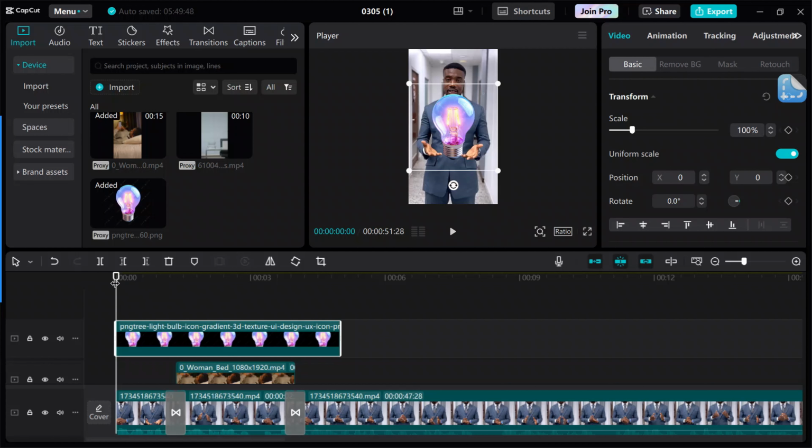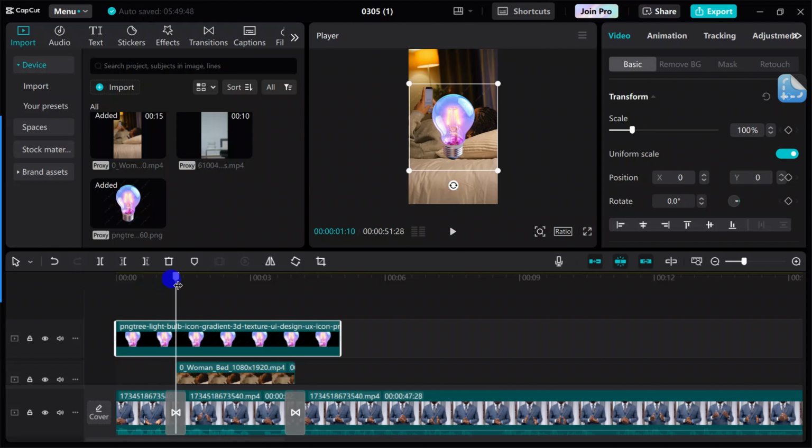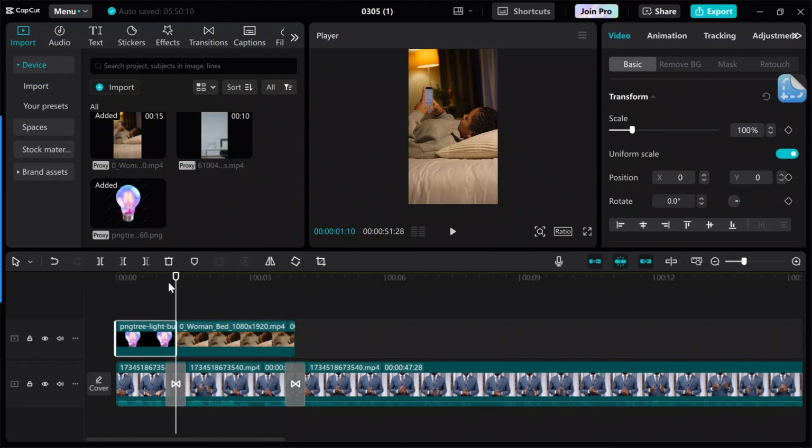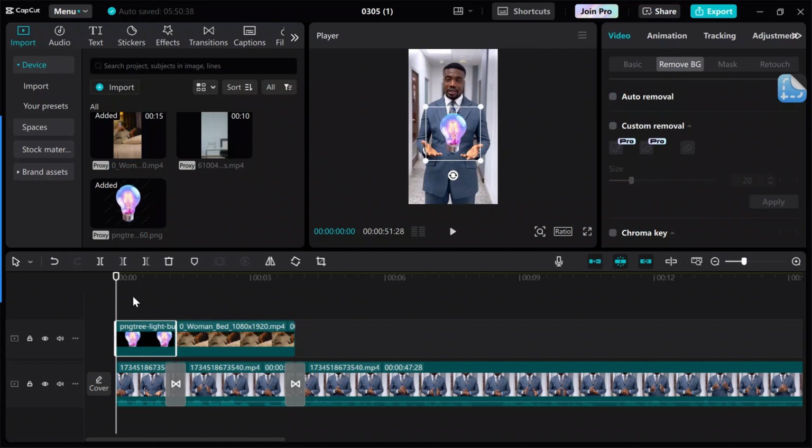To cut a clip, I already showed you how to cut a clip in my previous video in this series. Just move your timeline to the part where you want to cut it, and you can use the shortcut key W, or you click on delete. Then let's position it on this layer very well. So I drag it to that layer. So we've added an